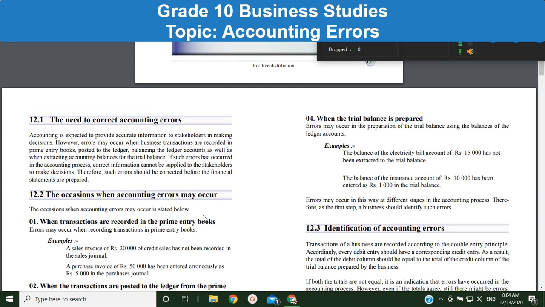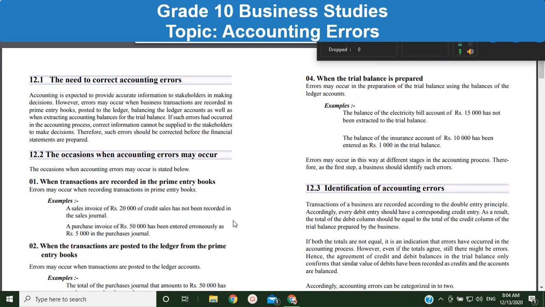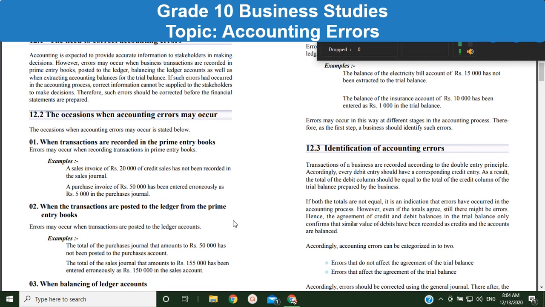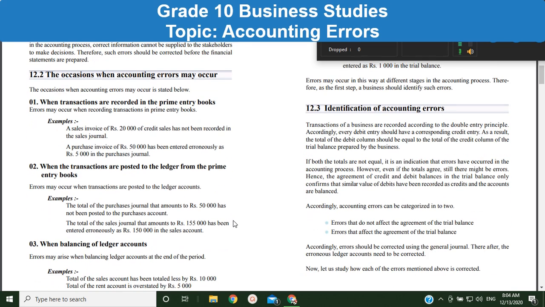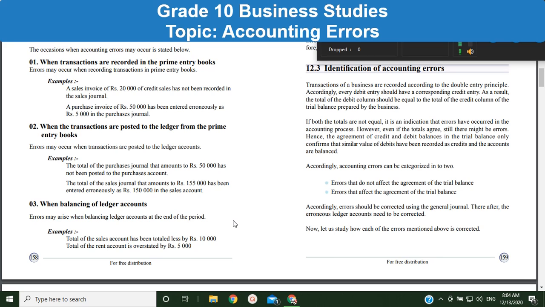Then when you add everything and post to the trial balance, at that time also these types of errors are possible. So what we are going to do is correct all those errors by identifying what happened to the error, what happened to these differences. Then you have to correct it in the correct method. In this case we are using what we finally studied, the general journal. That is the prime entry book we are using here to correct it and write the correct transaction